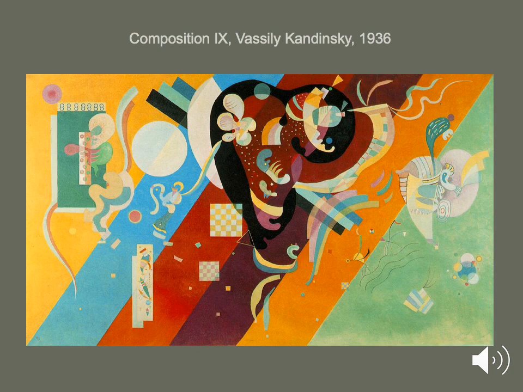Vasily Kandinsky was the first artist to move beyond representation in his work. This is his Composition 9 from 1936, and in it you can see that we really don't have any recognizable forms. We see line and shape and color and pattern, texture, movement, all kinds of those elements and principles of design that we're going to talk about in chapters 4 and 5, but we don't see any human figures, any animals, landscape elements, nothing of that type.